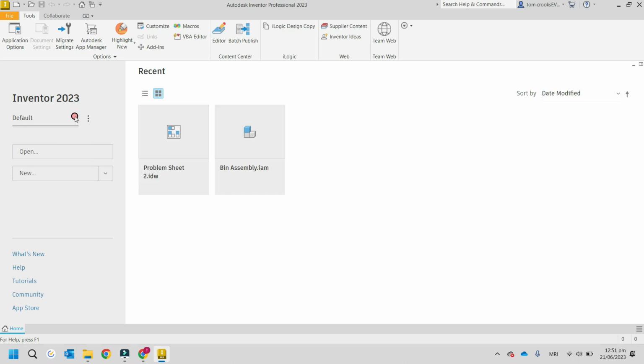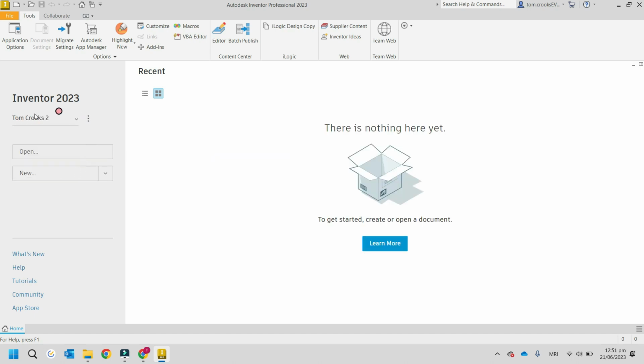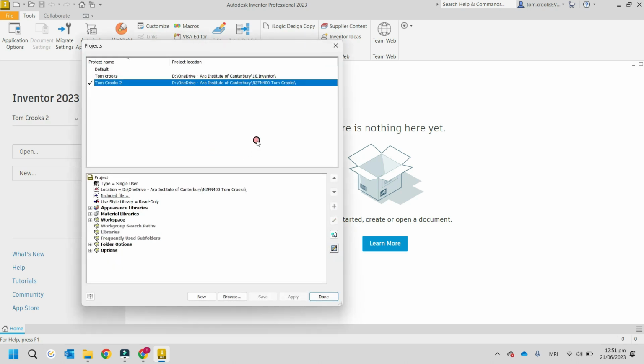So you might have to drop that down and go back to your project file you just created, and find it. If it's not in there, you'll have to go into settings here and look for it. If you don't do that, you're going to get it saved all over the place. So just make sure when you come into Inventor that